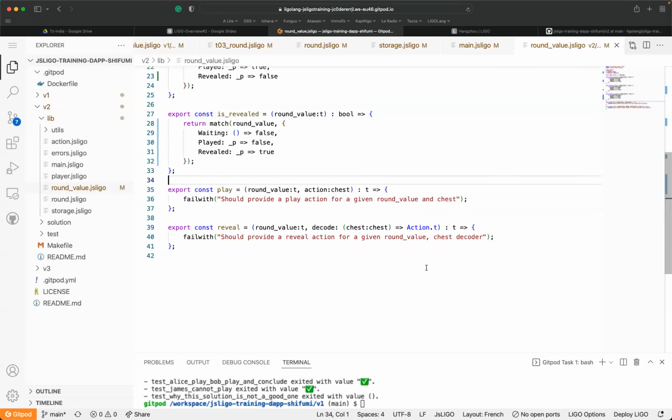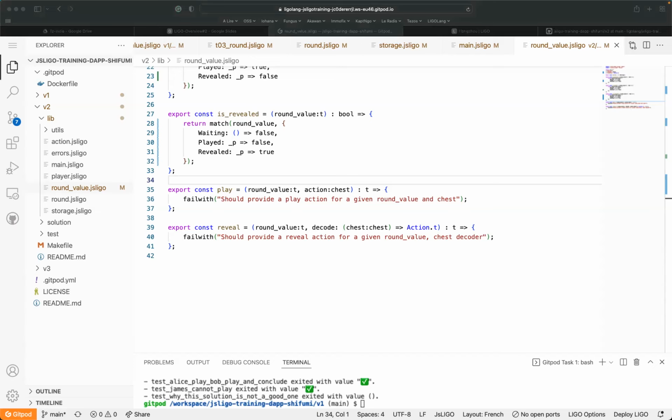And if you remember for the version 1, the play has been done just doing the matching, filtering, waiting, and play. Here we have to filter waiting, play, and revealed. And if we remember, if we would like to play once the played is already the current status, we do nothing. So we should apply the same approach for the revealed value.